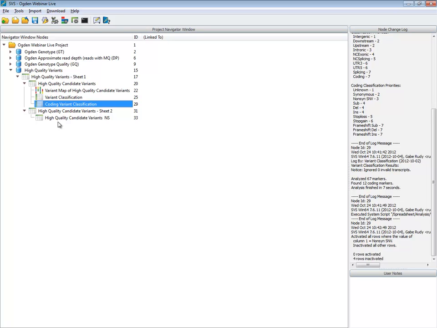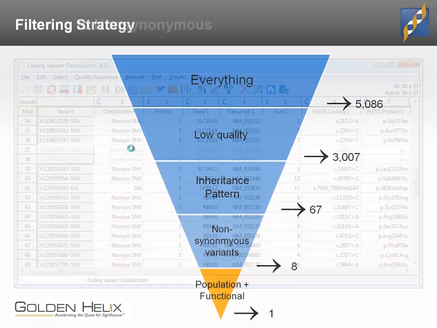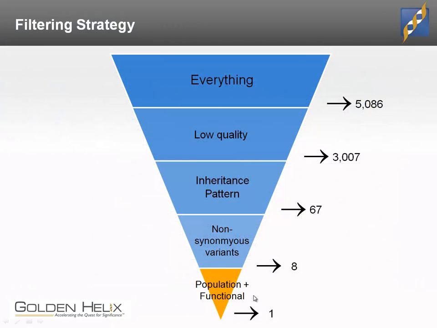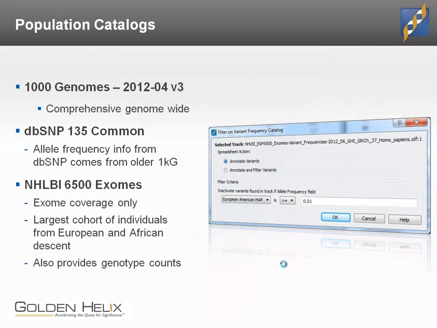Let's look at our next step, which is to pull in functional and population information. I'm not going to spend too much time on this, but there are definitely choices here on what type of population information we want to use. When I say population information, we want to ask: this is a variant, but does it exist fairly commonly in the population of humans as a whole, or within the individual ethnicity I would expect to compare against?